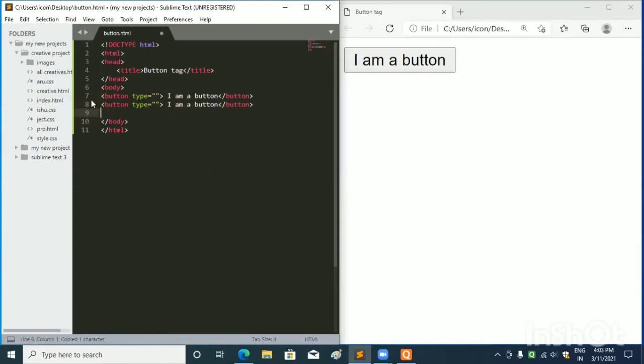Copy and paste. I will again copy it and paste it below it. Okay, so in first type I will write, first I will cut this all, delete this all.